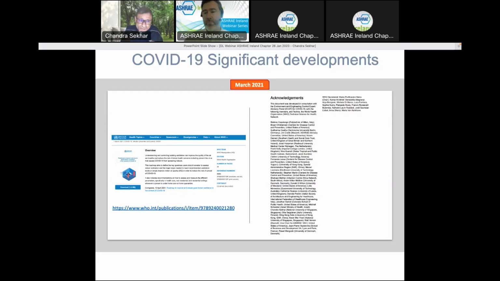It's a ventilation roadmap. I'm sure some of you who may have used this would know the approach that was taken here. It was looking at healthcare settings, residential buildings and non-residential buildings, and two types of buildings again in each, meaning naturally ventilated and mechanically ventilated. So it had a kind of roadmap for each category of buildings and the type of ventilation system that was applicable to them.